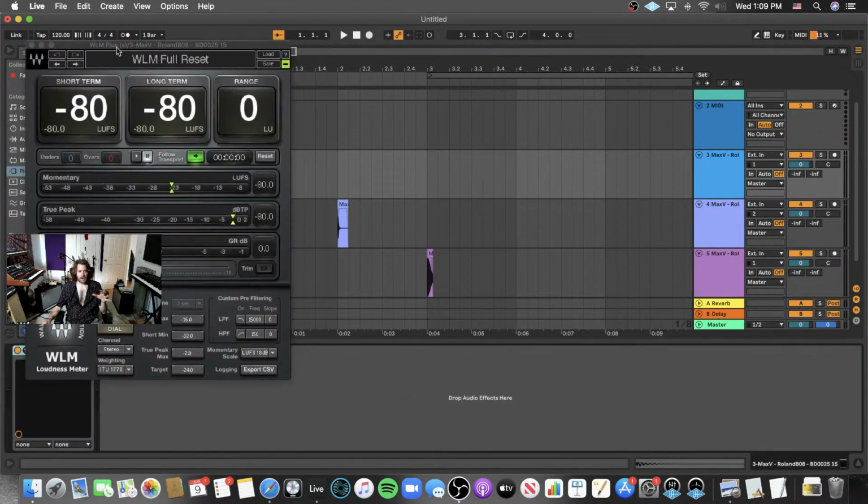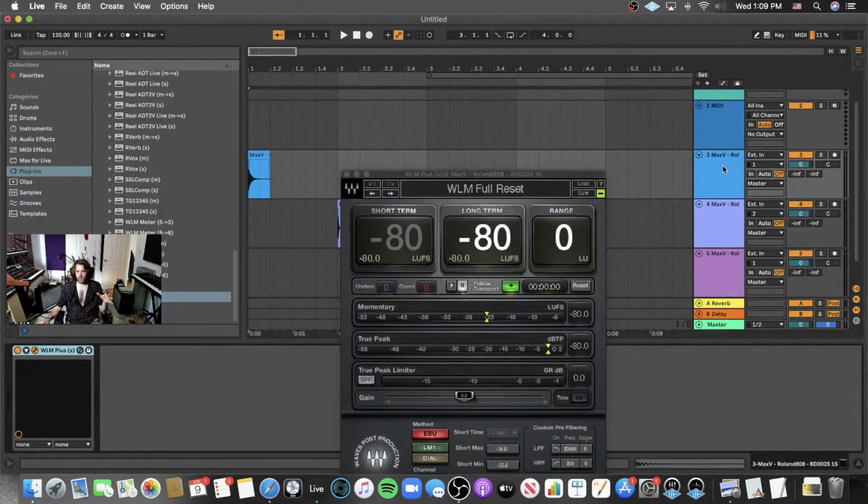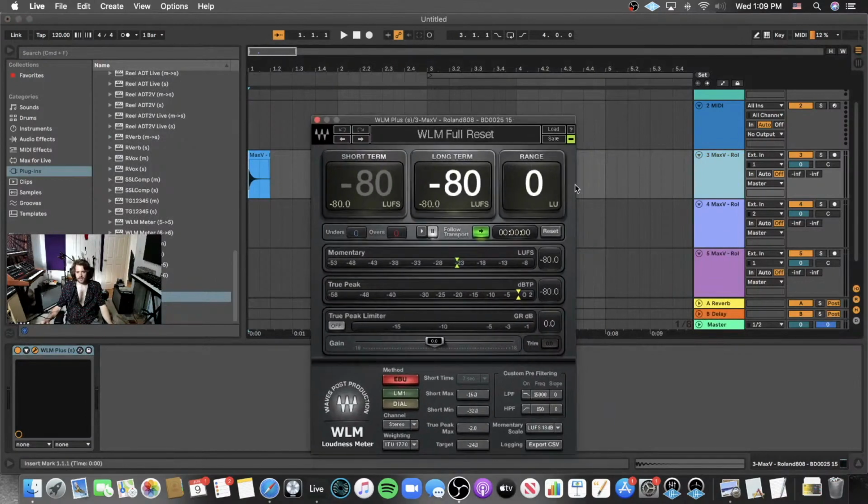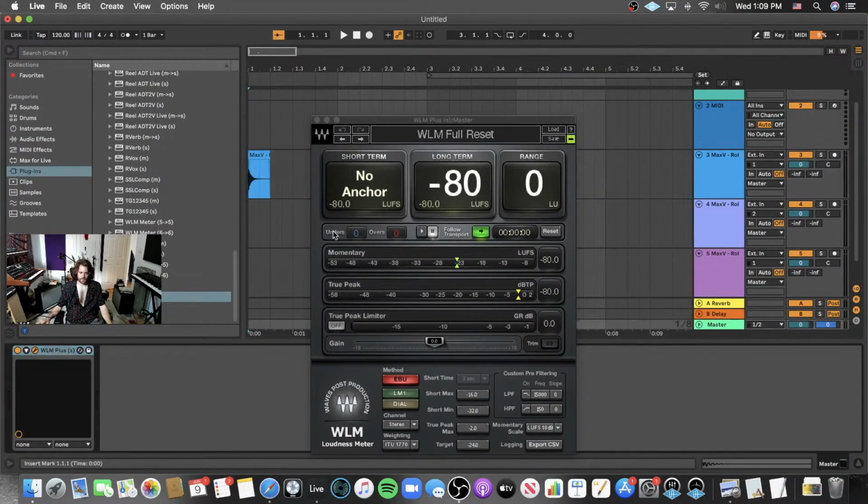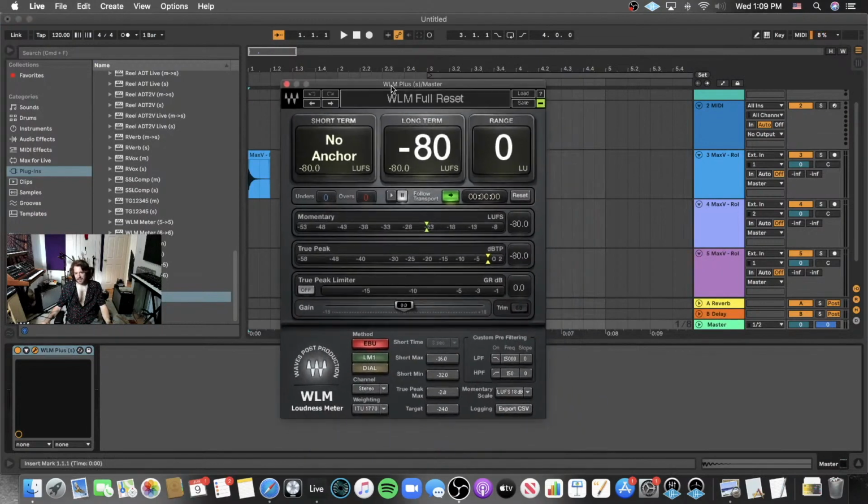So I'm going to drag on this WLM meter from Waves. I'm actually just going to put it on the master so I don't have to constantly switch between these tracks. And what this basically does is it's a LUFS meter, right? So it measures what we call loudness units full scale. Now, loudness units full scale are